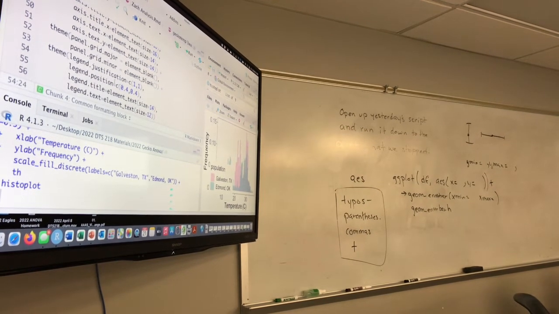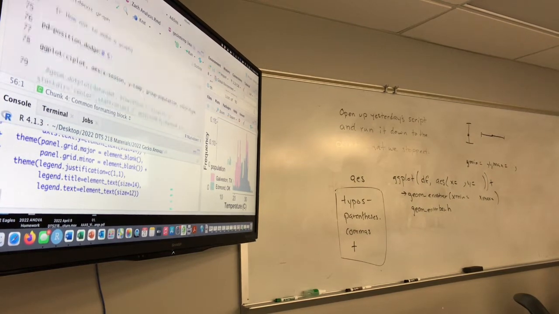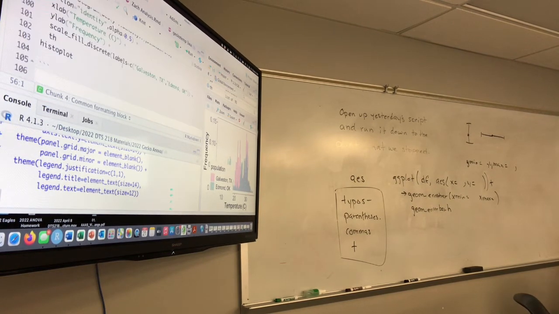I have a theme statement for where I want the legend to be. So what I probably need to do is remove that from my common theme statement, because this is a theme statement that I took from some other project. Rerun that. Then when I go back down and run histoplot,